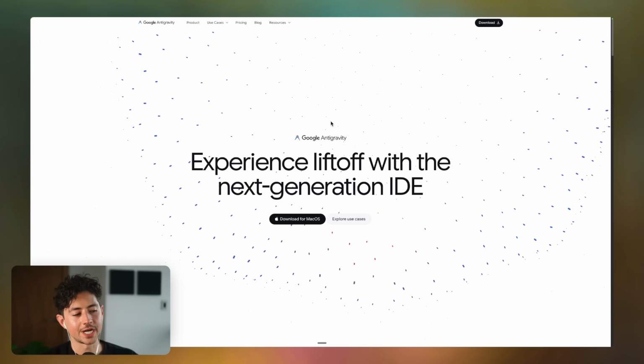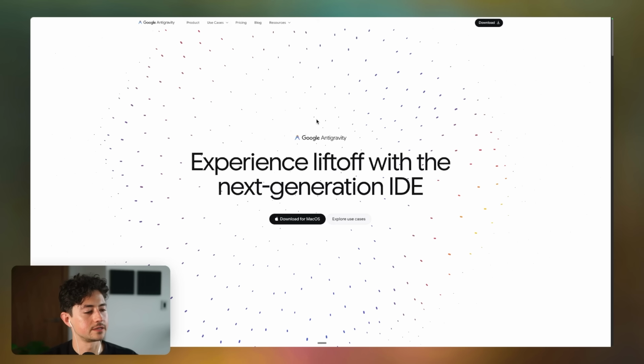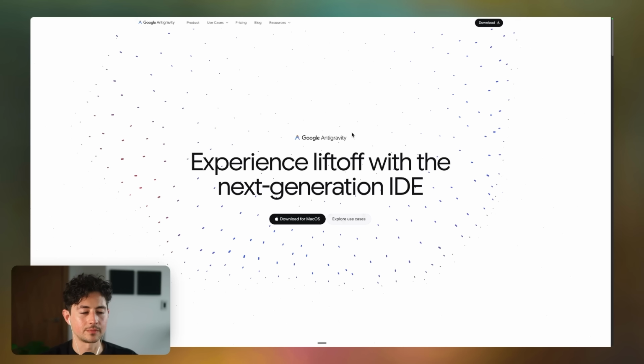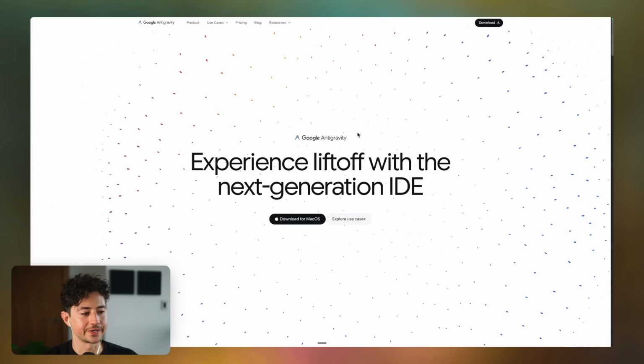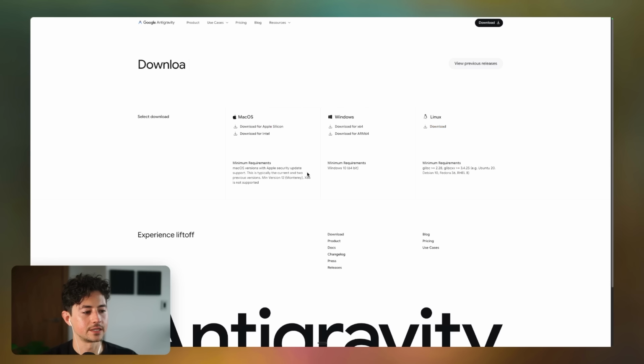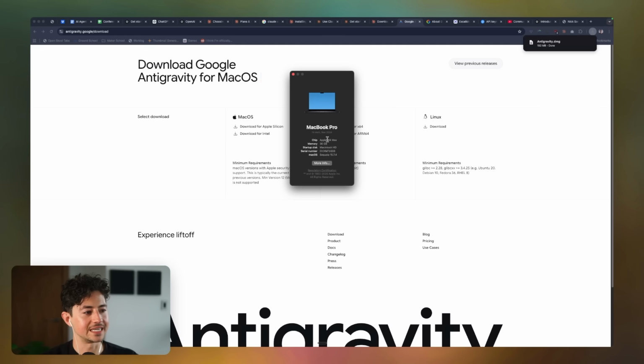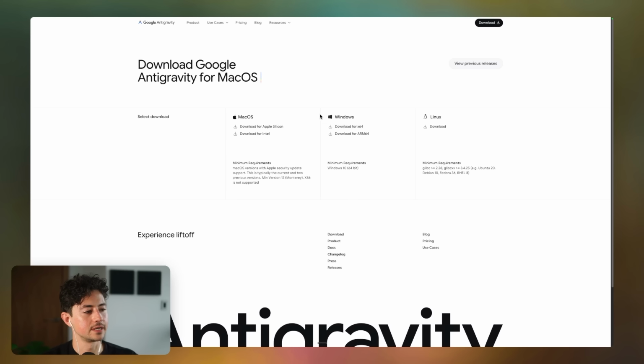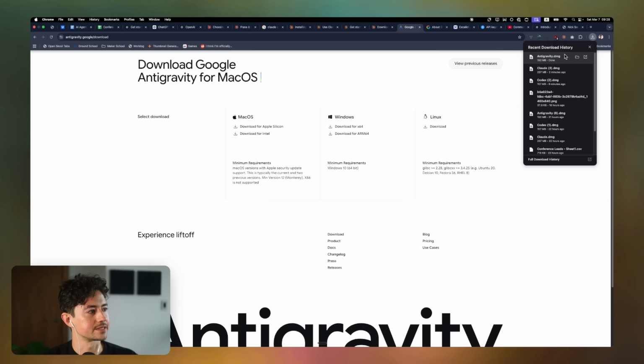Now, unlike with ChatGPT and then Claude, for Antigravity, odds are you probably already have a Google or Gmail account set up. So all you have to do is look up Google Antigravity download, then click download for Mac OS. In my case, I have Apple Silicon on Mac. If you guys don't know what you have, just type about this Mac. And then if it says Intel up here in chip, you're an Intel. If it's an M something, then you're Apple Silicon. And you can do something similar for Windows and Linux as well.